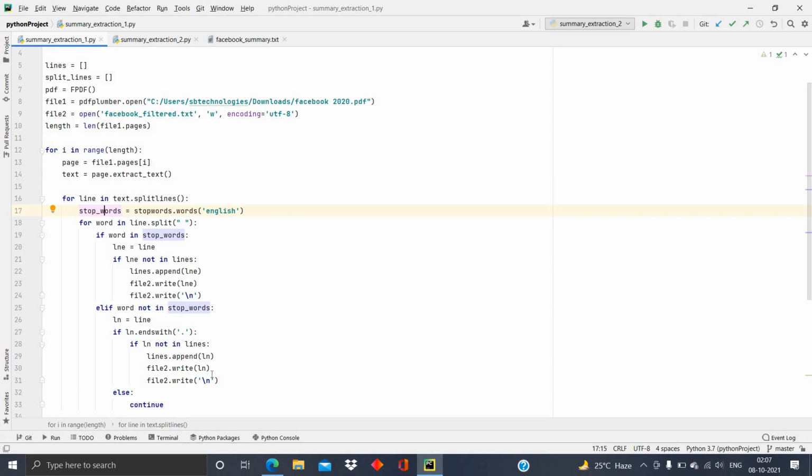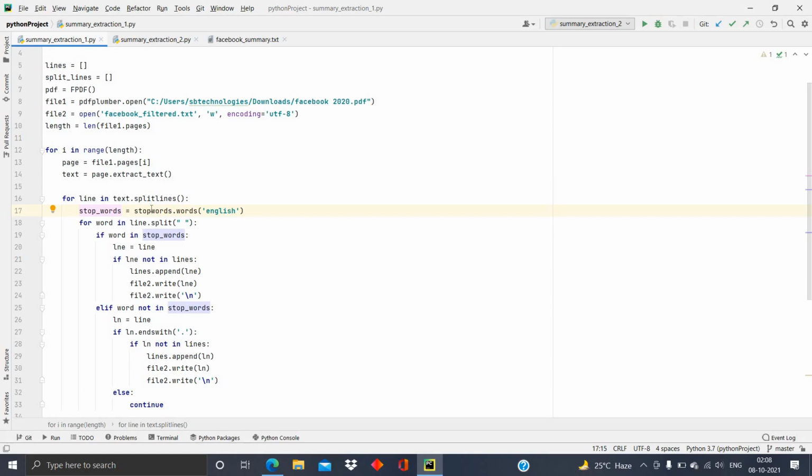For extracting a summary, the sentence should be meaningful enough. So to find whether it is useful for summary extraction or not, we have to find whether it consists of stop words or not.